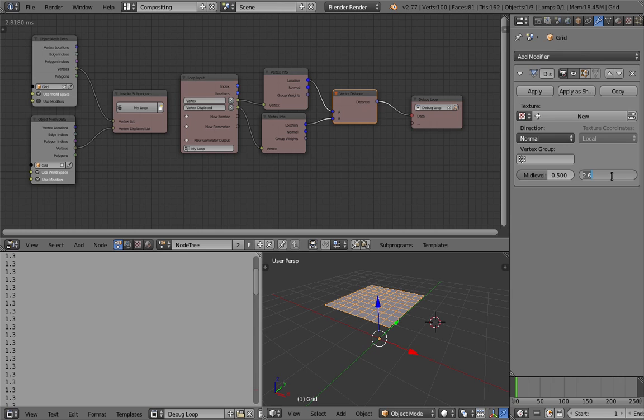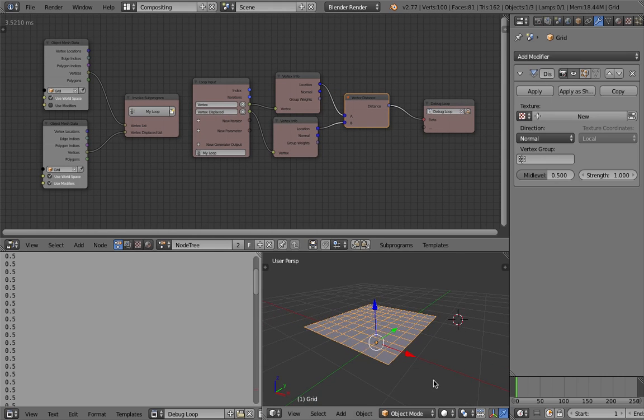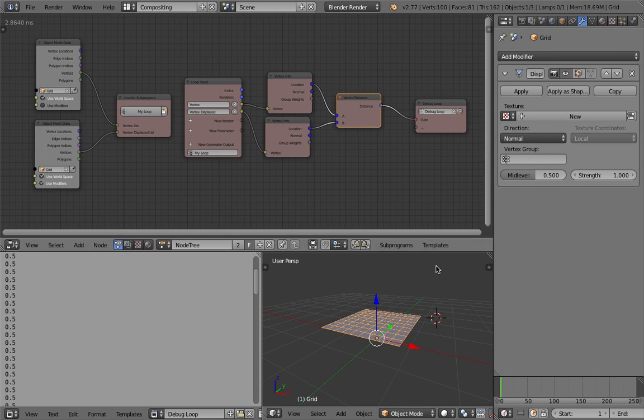So that's actually our setup ready. Really easy, really cool. By comparing the two states, the default position of points or vertices and the points being displaced, of course things can start to get interesting when you use texture.